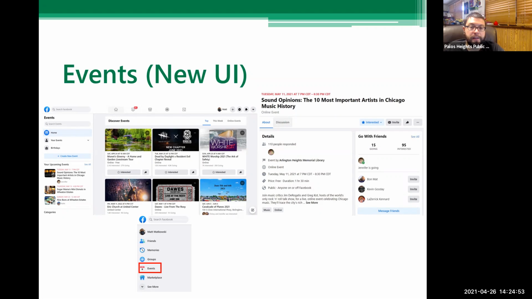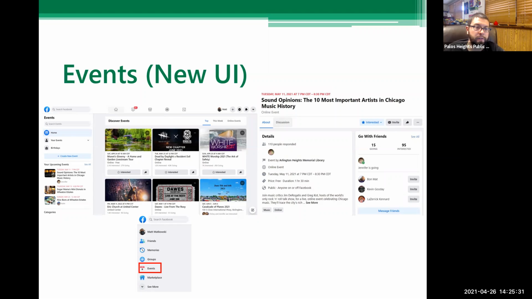So to access the event hub, I guess you might call it, it'll be in the bottom there. You can see the little red box around events. So look to your left side and under friends and all that stuff, you'll see events. You click on that and it brings up the events hub. You can see it's highlighted home on the left-hand side. You can also click through to your events, birthdays. There's an option there to create your own event.